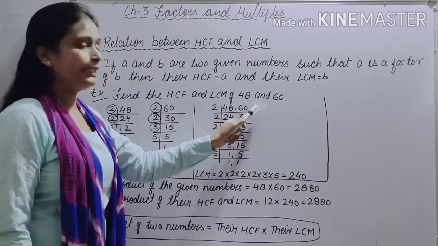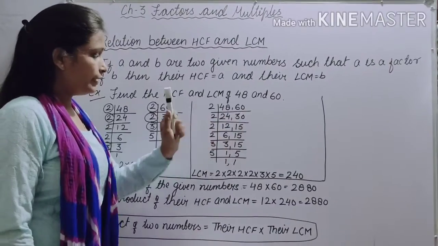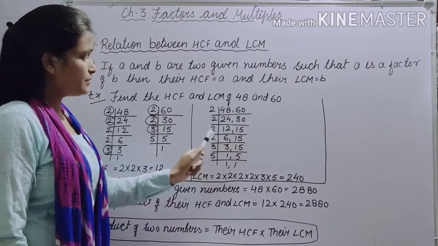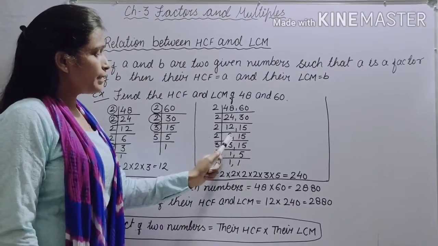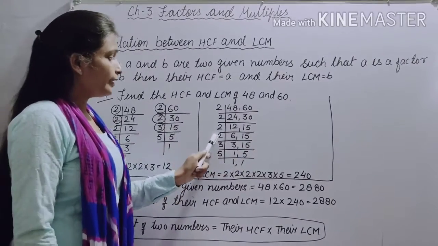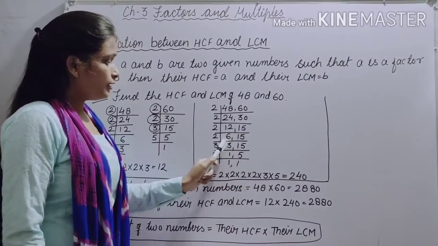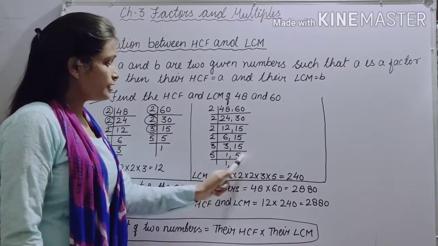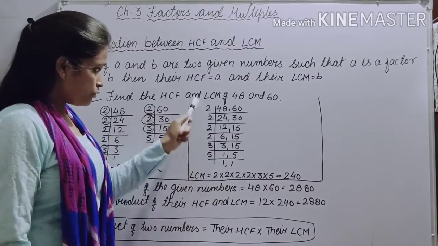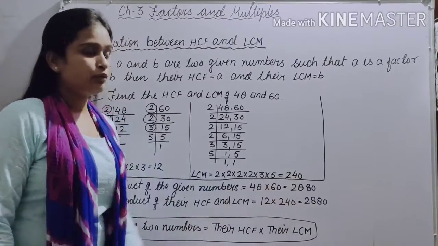Find the LCM of 48 and 60. 2 2s are 4 and 2 4s are 8, comma 60, 30. Again take 2, 2 1s are 2, 2 2s are 4 and here 15 times. Now again take 2, 2 6s are 12. This 15 as it is because this 15 is not divisible by 2. Now again take 2, 2 3s are 6 and this 15 again as it is. Now take 3, 3 1s are 3 and 3 5s are 15. Now here is 5, 1 as it is and 5 1s are 5. So LCM is equals to multiplication of all these numbers, which is equals to 240.